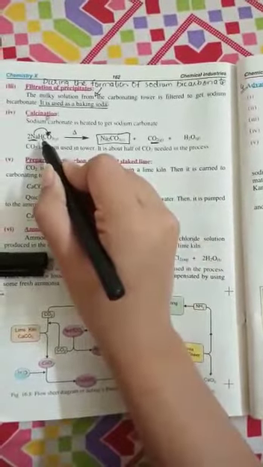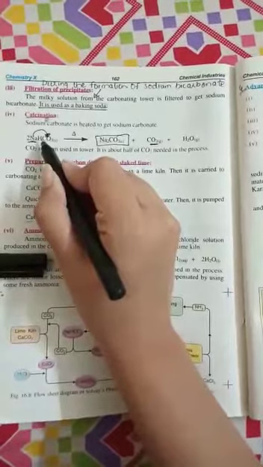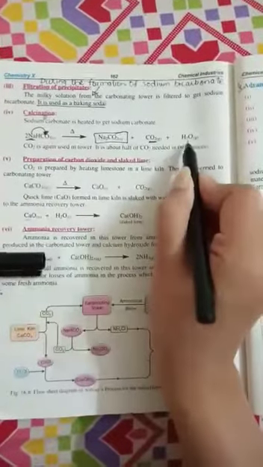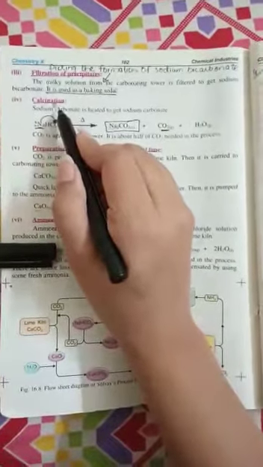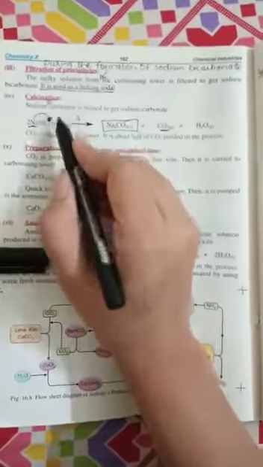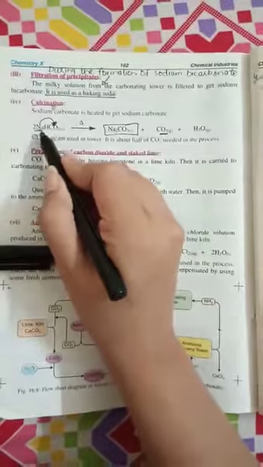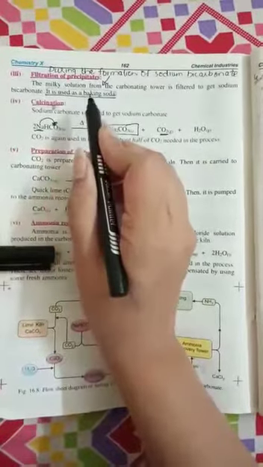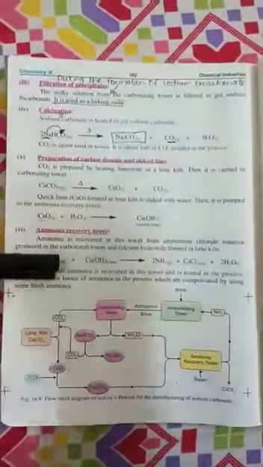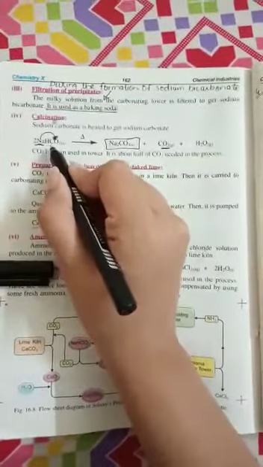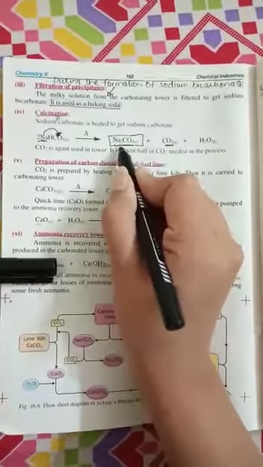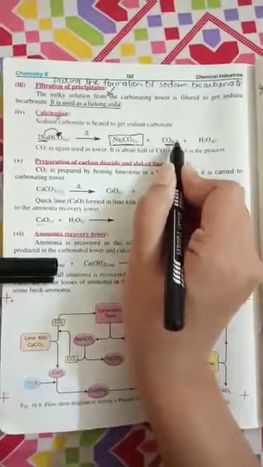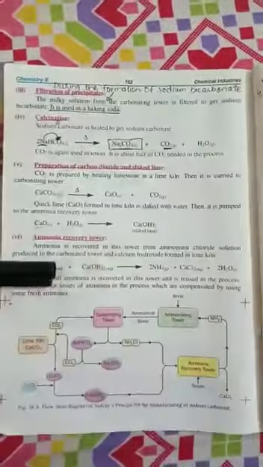Now what will be left? 2 hydrogen and 1 oxygen. So 2 hydrogen when reacts with 1 oxygen produces water. So students, as I am telling you, calcination is the process to remove the other compounds from the desired product. Just look at this. Here this is the sodium bicarbonate that we have produced in the carbonating tower, and when we calcinate that sodium bicarbonate, we obtain the desired pure compound, sodium carbonate, and carbon dioxide gas is produced and the water is released in the form of steam.